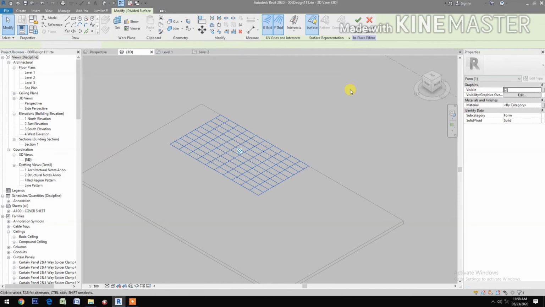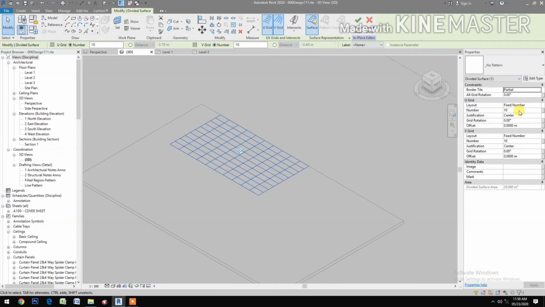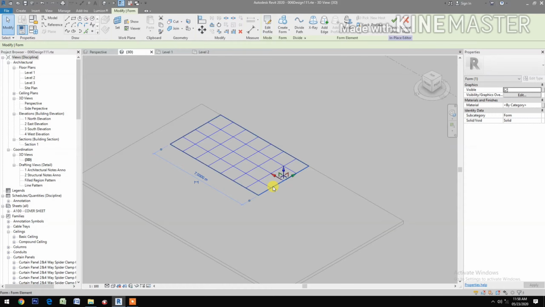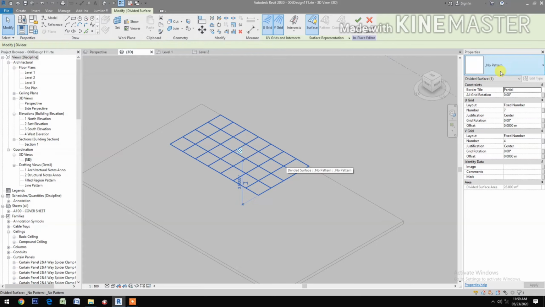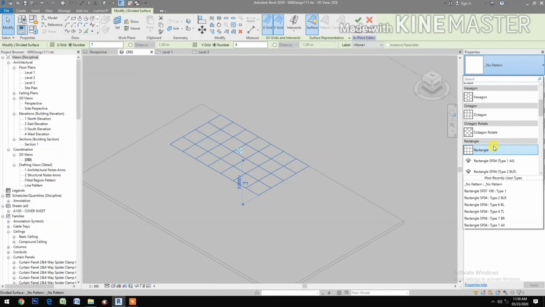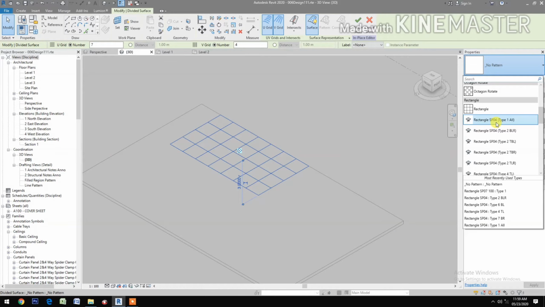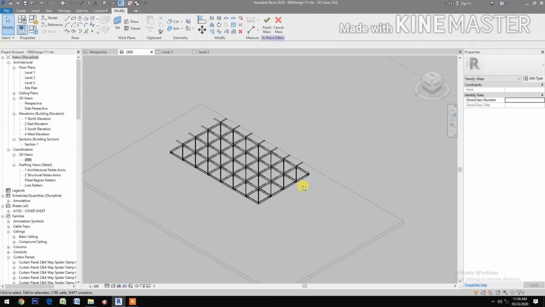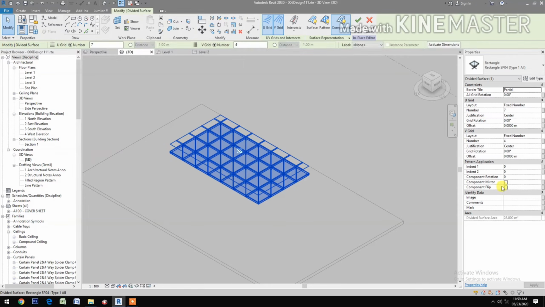go to 3D, select the surface, divide surface, then U grid number, change it to 7, the V grid change number to 4, okay, select the pattern, okay, select again, okay, now change the pattern to rectangular, type 1 all, okay, select, okay, we need to flip the component, select the component, flip,